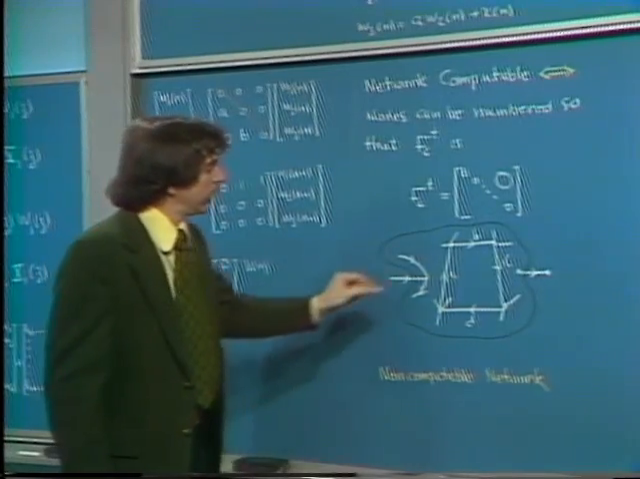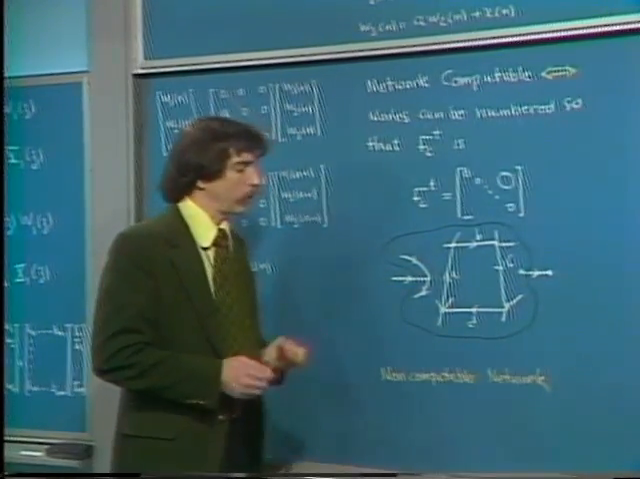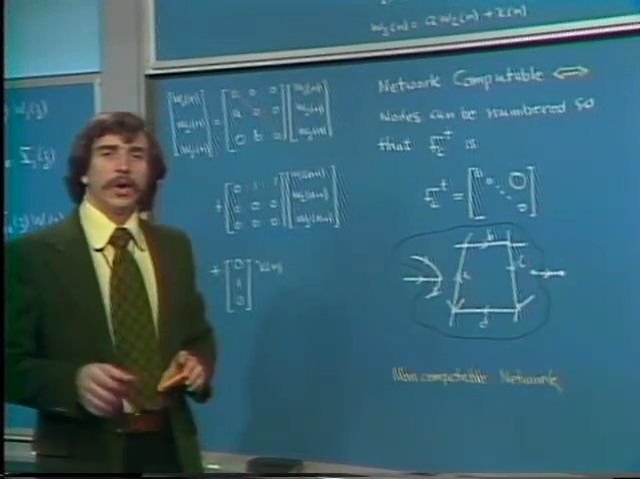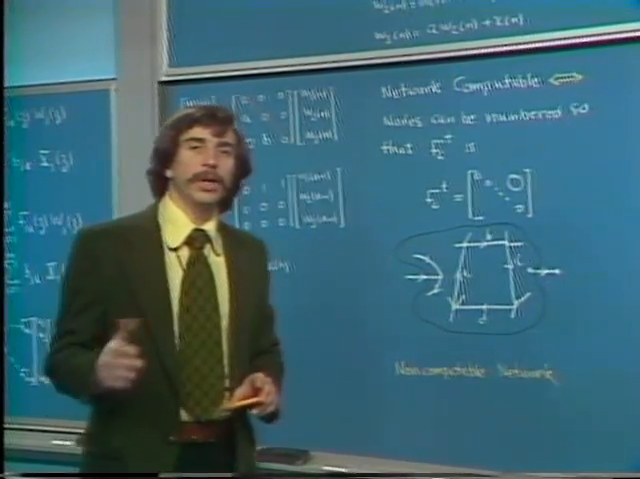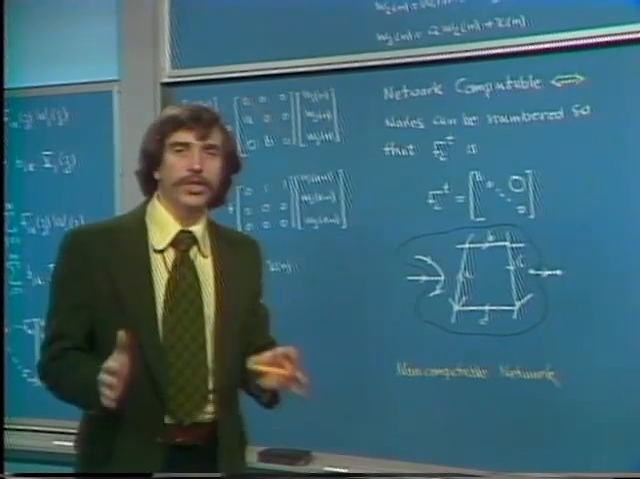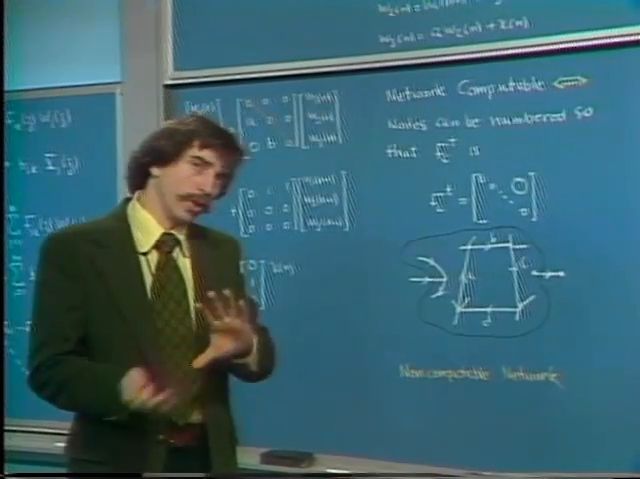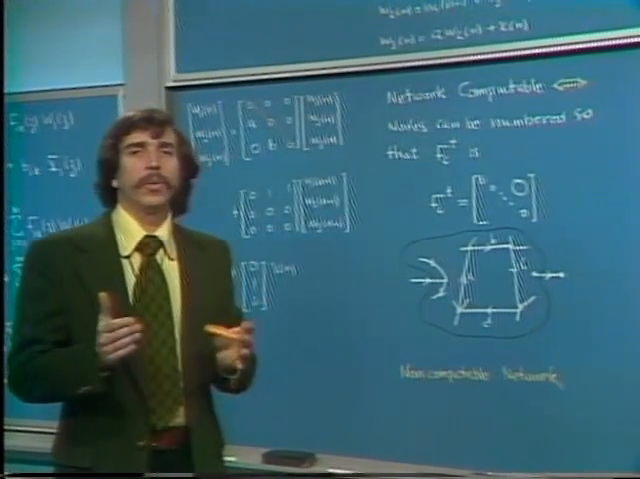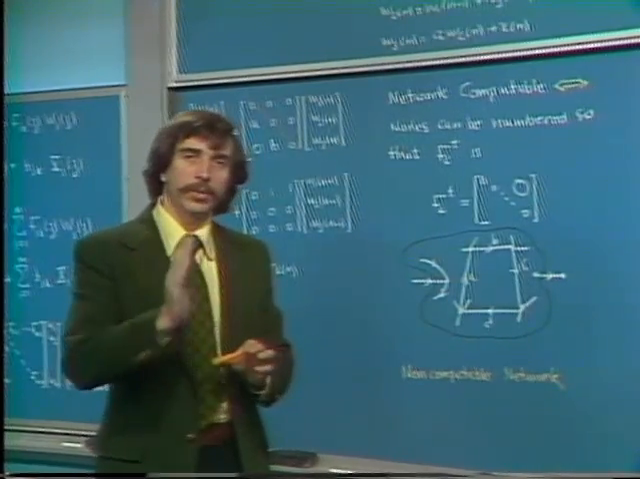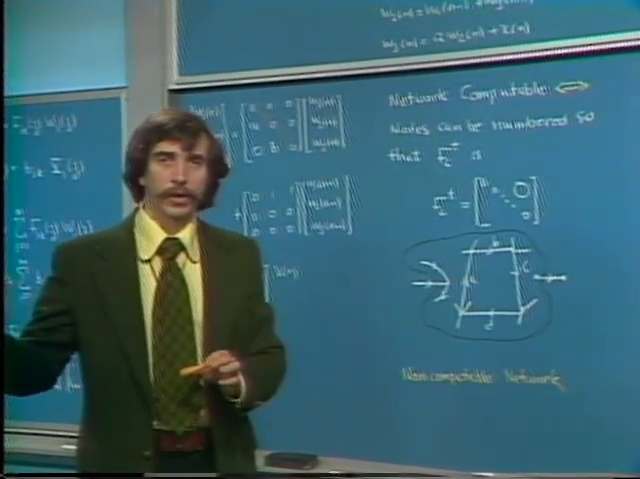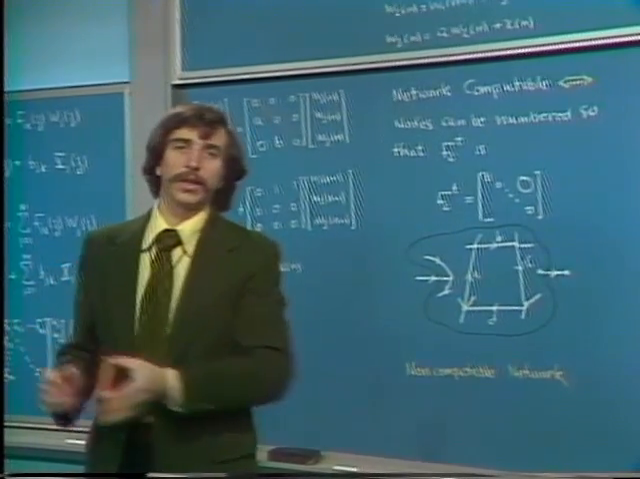So if there's a delay-free loop in the network, that corresponds to a non-computable network, although it's important to stress that the non-computability doesn't mean that the set of equations can't be solved. The set of equations can still be solved, or the network can be rearranged. What it simply means is that non-computability means that we can't compute the node variables in sequence. We can't start with W1 of n and then go on to W2 of n and then W3 of n,